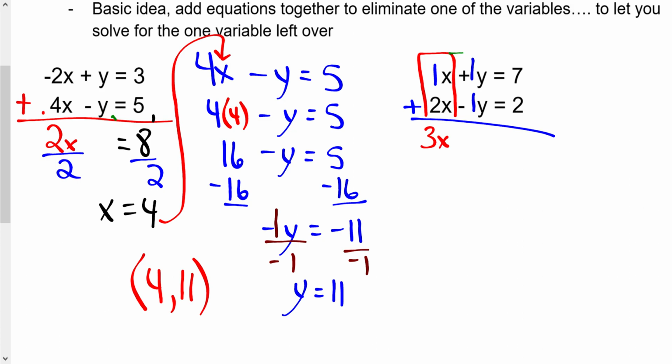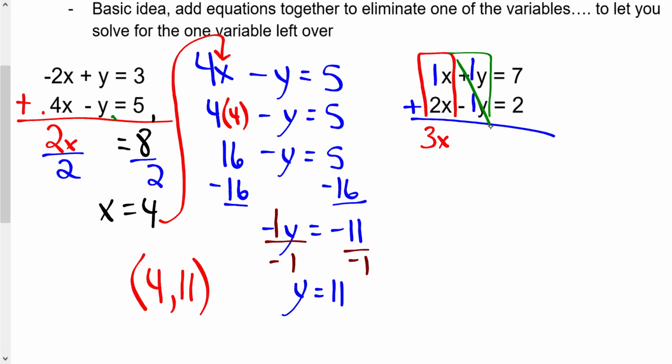Let's go green. What's positive 1 plus negative 1? 0. And we don't put 0y. We just put what? Nothing. Okay, they canceled. Now, it's not always going to be your y's that cancel. Sometimes your x's will cancel. Are we clear on that? We don't care what cancels as long as one of the letters goes away. As long as one of the letters goes away, we have success, and then we can go solve for our